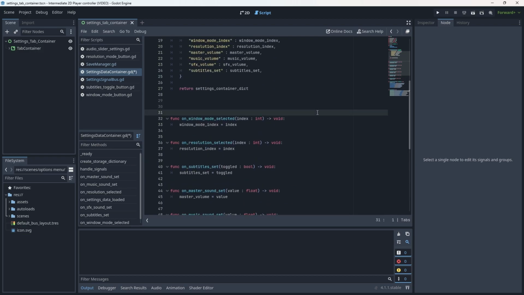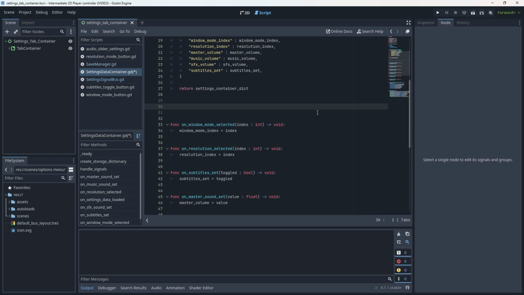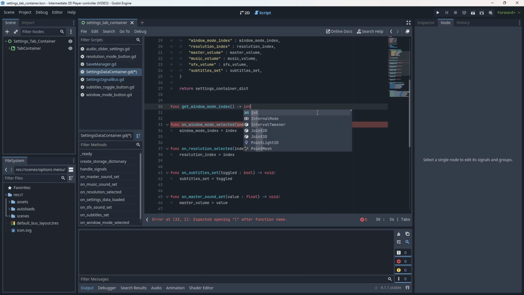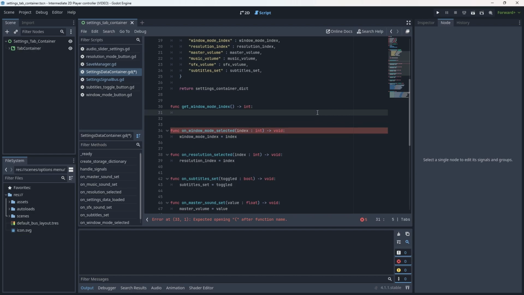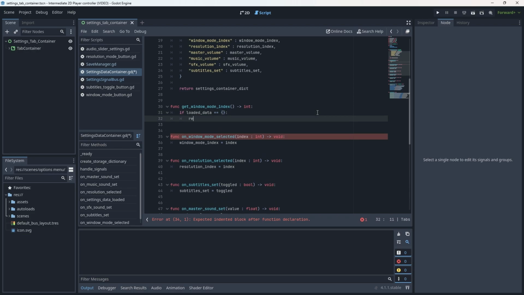So to do this, we're going to go to the top because these are now accessor functions. We're going to write func get_window_mode_index. We are going to give this no parameters and then give it a return type of int. And that is because the window mode index is, of course, an int. Now we're going to check. We're going to go if loaded settings or loaded data is equal to an empty dictionary. So if it is equal to an empty dictionary, return